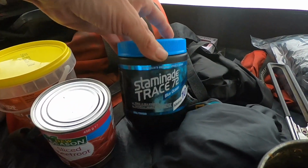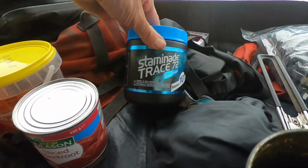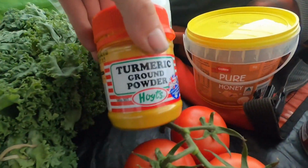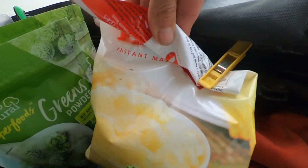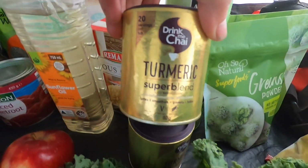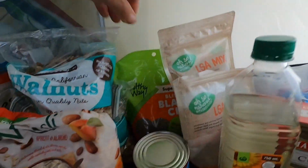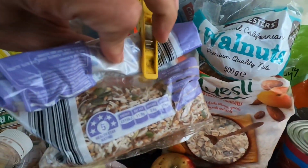Tailwind for when I'm out cycling. It works pretty well, I do believe. It does rehydrate you with electrolytes and stuff like that. Beetroot, honey, Nature's Way protein with super greens, turmeric powder, tomatoes, kale, dried dates, green powders from Aldi, some chia, matcha, some turmeric, couscous, sunflower oil, almond mix, chia, some oats, walnuts, paleo mix,